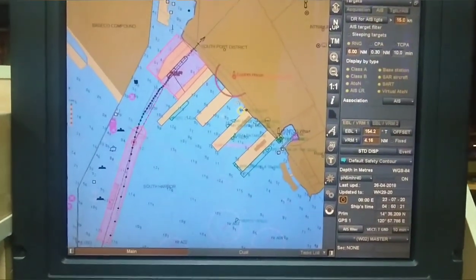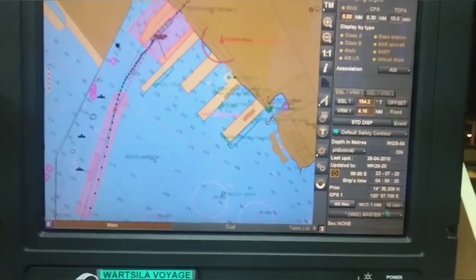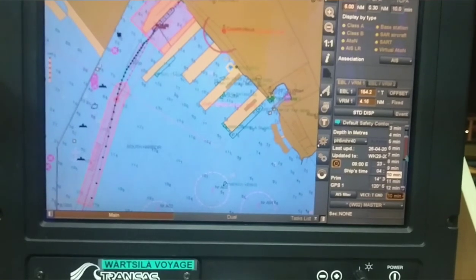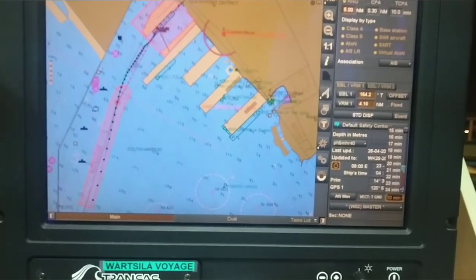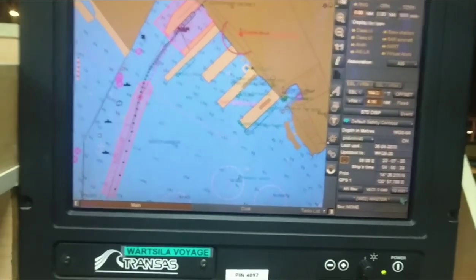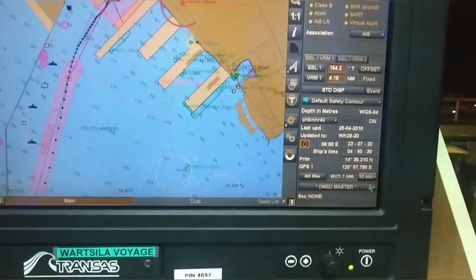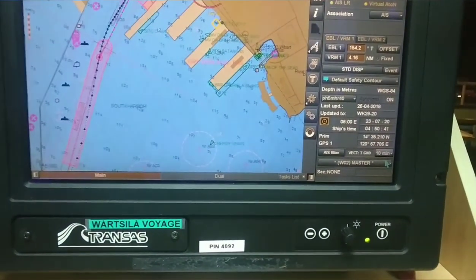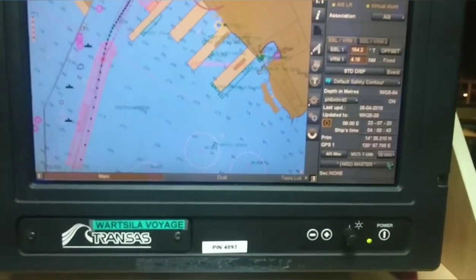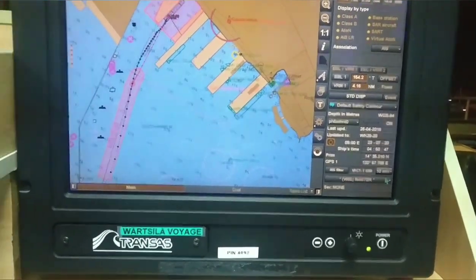Your AIS will show. This is now the vector. It is to ground. There is a vector limit. Whatever time limit you want to set, 10, 15, 16, 20, you can set accordingly. This shows whether your XDIS is the master XDIS or slave XDIS. If you have dual XDIS on board, one XDIS is the master, which will have control of the other XDIS. It will be synchronized, or slave XDIS, depends on you.